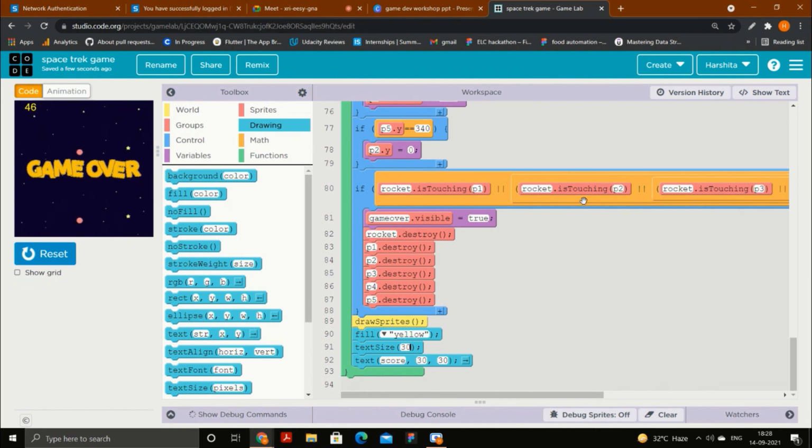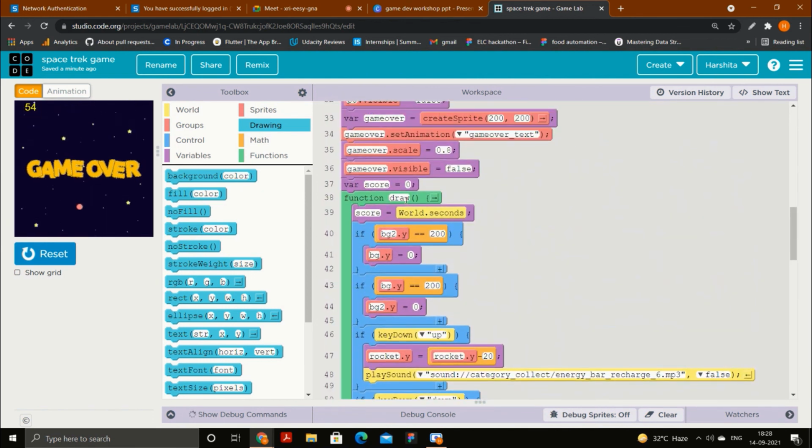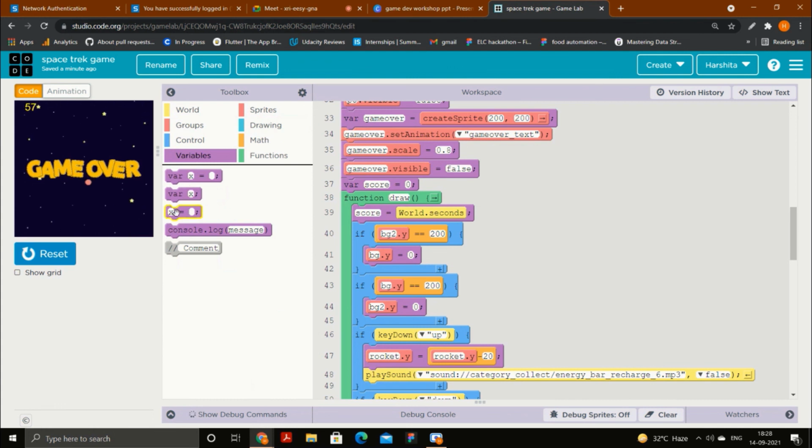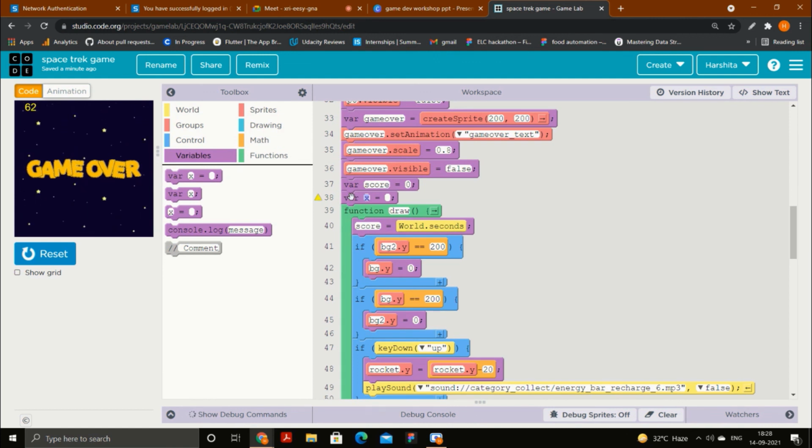Okay. So what I will do is I will make a new variable just for this condition, and the variable name will be hit. This hit variable will tell me the actual current situation, means there can be two situations. First situation is the rocket is moving completely fine and it didn't touch any of the planet. Second condition can be the rocket touched some planet. So hit will tell me that rocket touched any planet or not, yes or no, true or false.